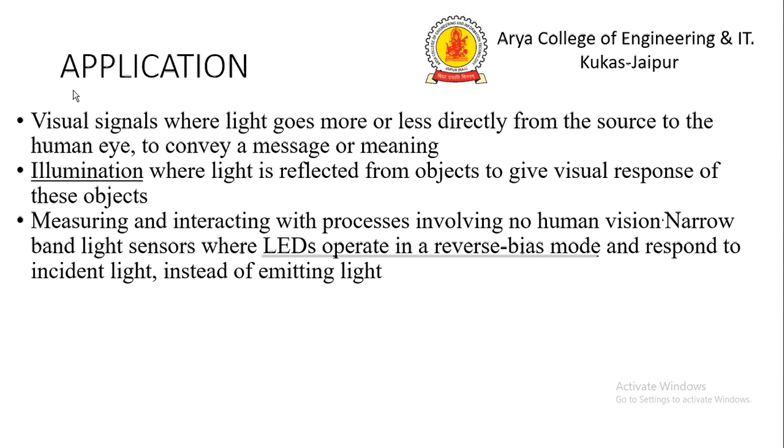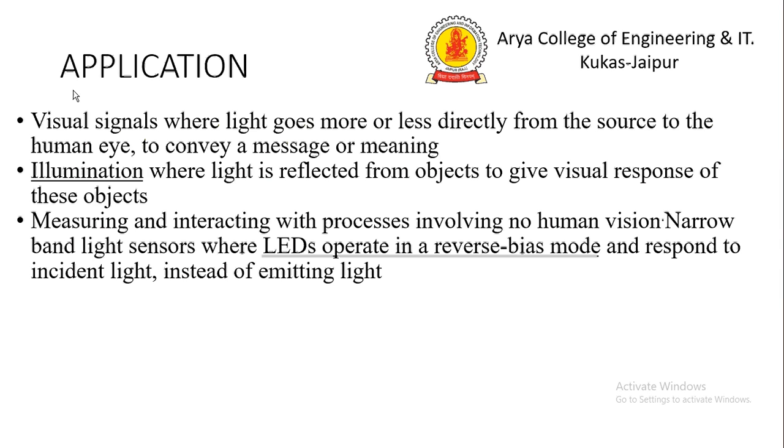Application: visual signals, where light goes more or less directly from the source to the human eye to convey a message or meaning. Illumination, where light is reflected from objects to give a visual response of these objects. Measuring and interacting with processes involving no human vision. Narrow band light sensor, where the LED operates in a reverse bias mode and responds to incident light